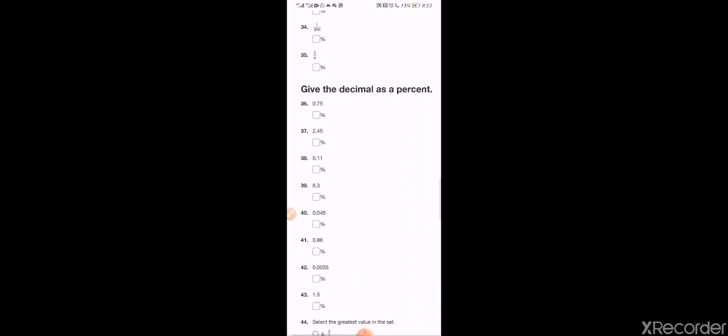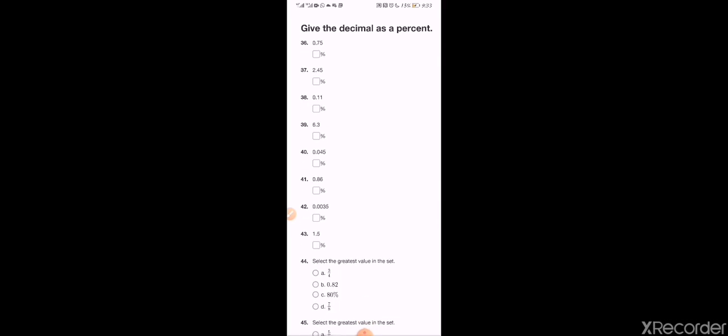So the general rule, I can always use it. If you want the percent, just multiply the number that you have by 100. Okay. Give the decimal as a percent. Again, as a percent. So it means I should do what? Multiply by 100. Okay, so 36. Multiply by 100 means move the decimal to the right 2 places, so